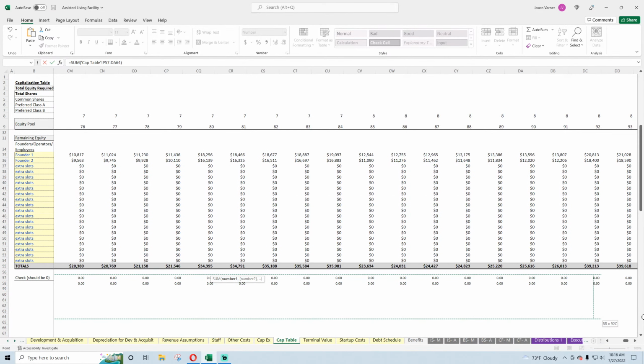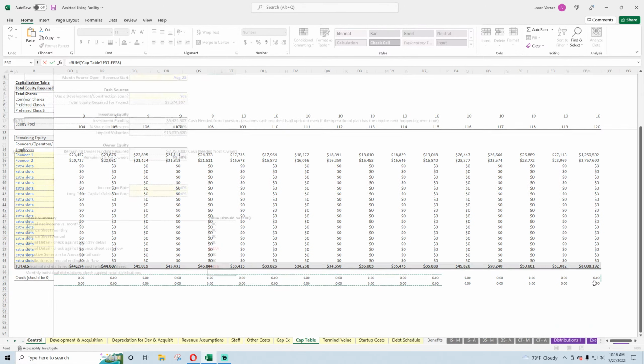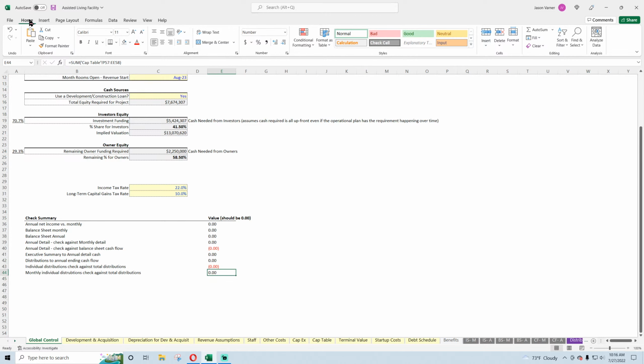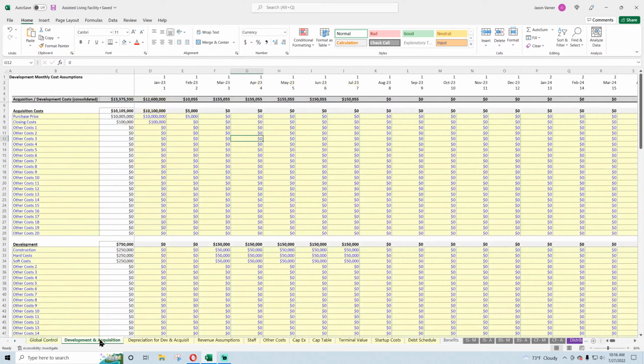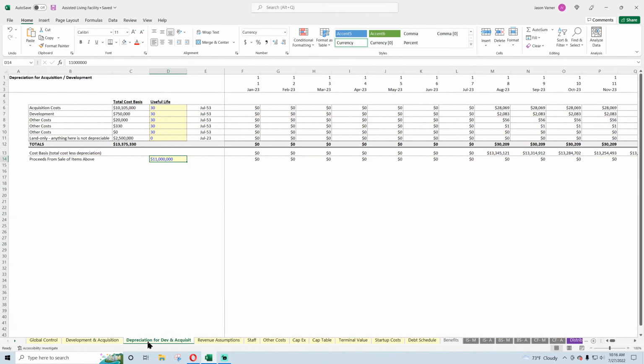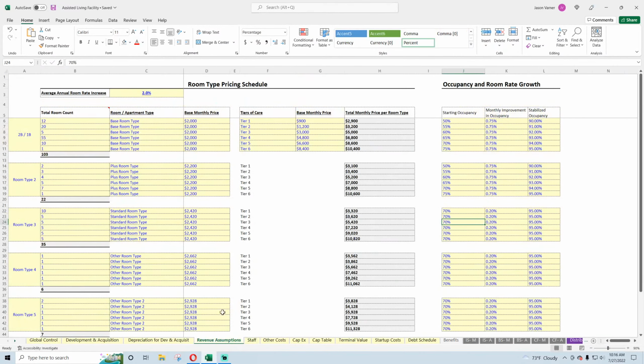And it should always be 0. All right, so that's really good. The model is done in itself. You can use this right now, but I want to add a couple more things, visuals and